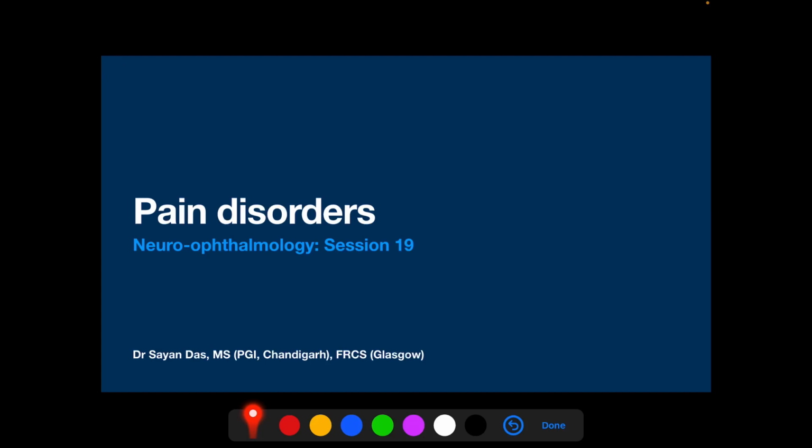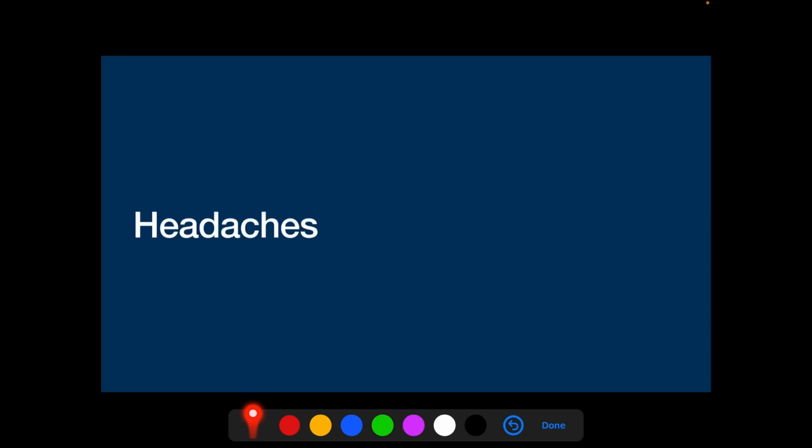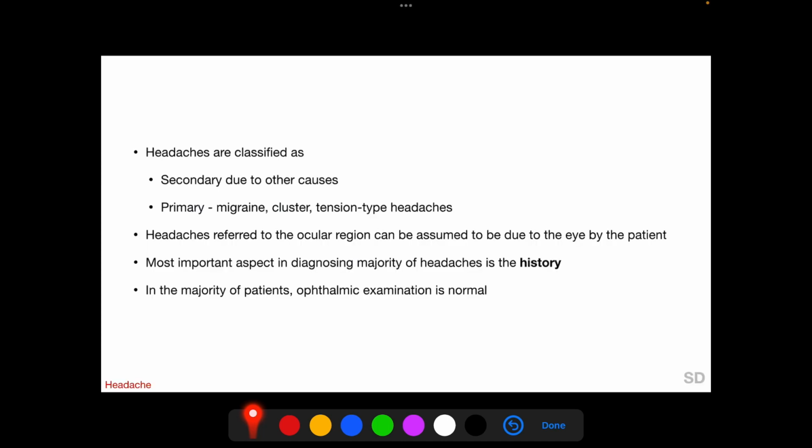In this session, we are going to discuss the pain disorders associated with eye and neuro-ophthalmology, and we are going to discuss them under three broad headings: headaches, facial pain, and ocular and orbital pain. Headache is a very frequent complaint of patients attending an ophthalmology clinic,